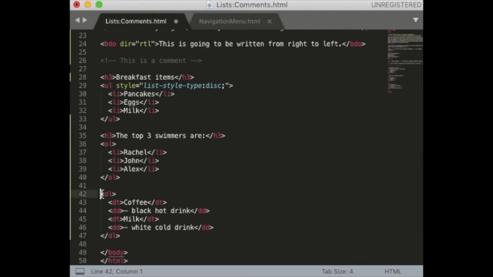But basically, we have DL, which is marking the description list. Then you have DT, which is a term. So here I have coffee. And then underneath coffee, I'm going to have a description for coffee, and it's going to say black hot drink. So it's going to be indented, and it's going to be below coffee. Then I have milk, and below milk, with an indent, it's going to say white cold drink. Again, this might be a bit difficult to understand. I understand that, and that's why we're going to look at it a bit later when we look at the